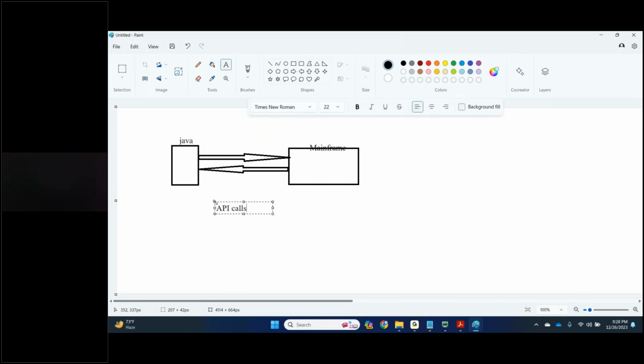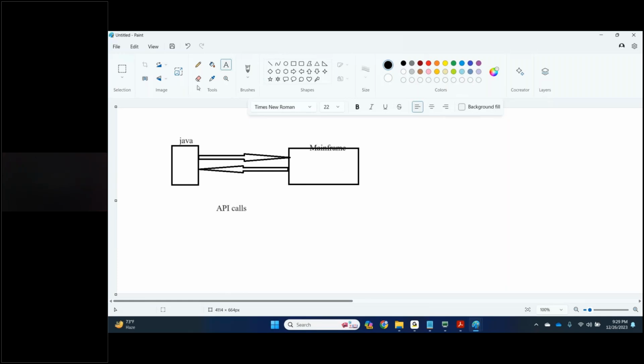Through these two components, they exchange data between Java and mainframe. Once we get the data into mainframe, through a COBOL program we will store it either in files or in a database. Is it clear?